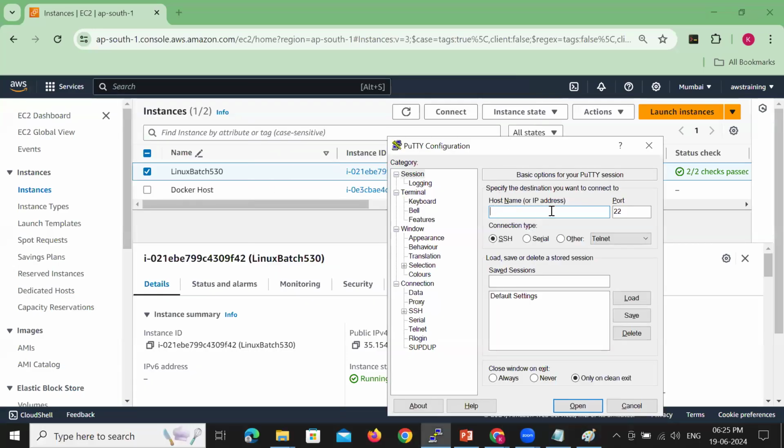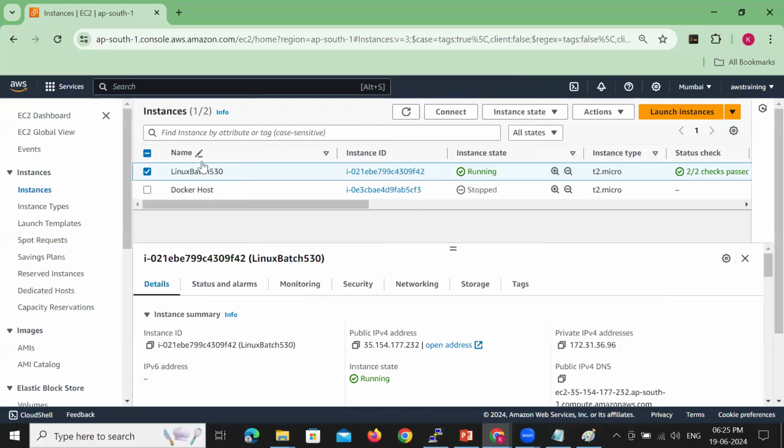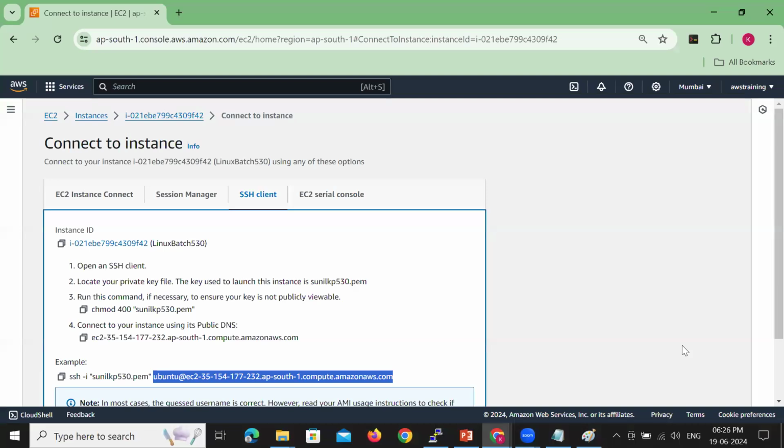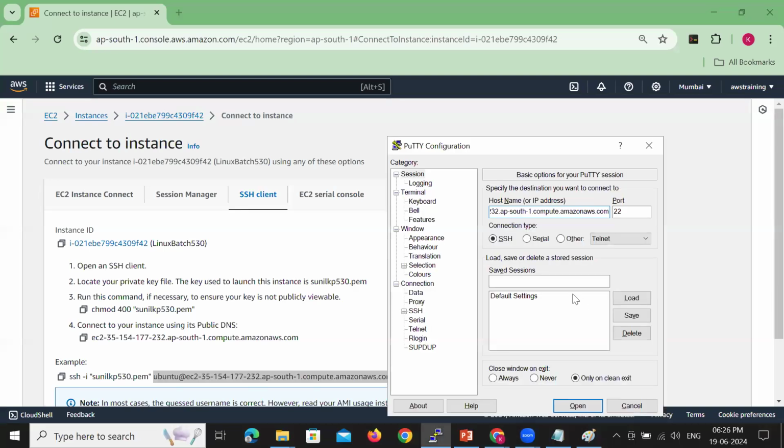Under the host name, what is the information you need to use? Click on connect. Can you see here you are mentioning the username? This is Ubuntu. This is the username. In the connection string itself, you have clearly mentioned that you want to work with Ubuntu.